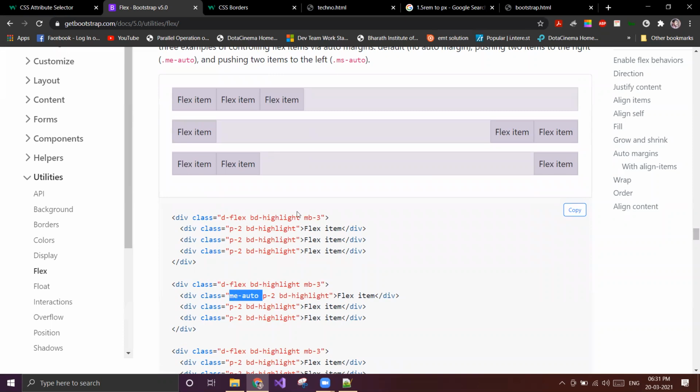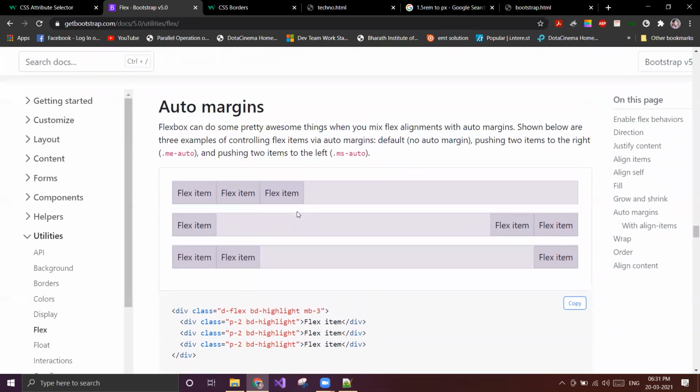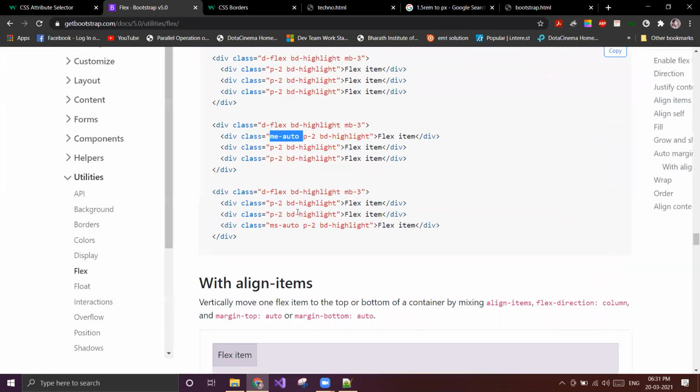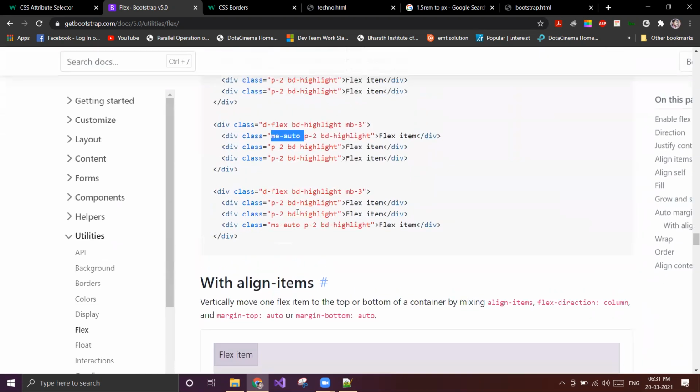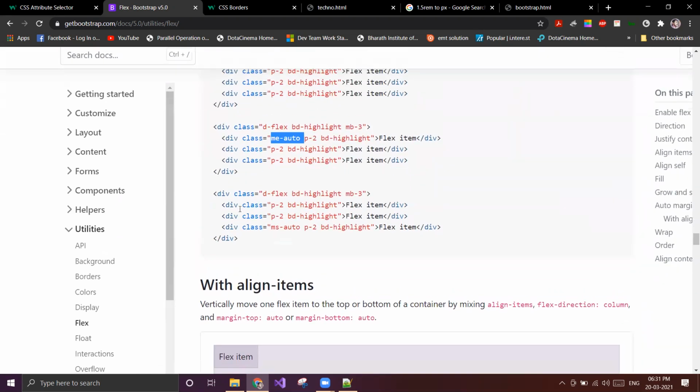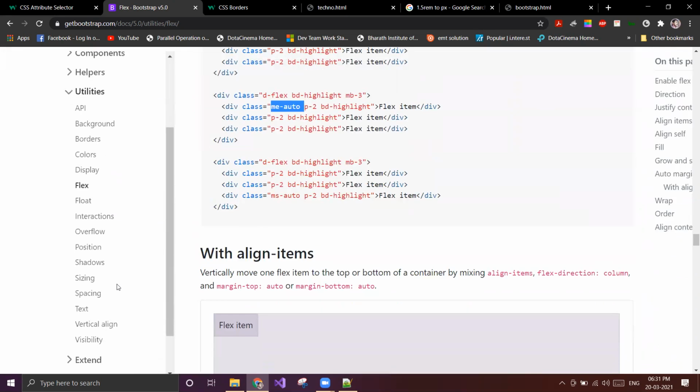So here me and ms are there. What is me? me is margin right auto, and ms is margin left auto. Okay. I think ml-auto and mr-auto are also there. We'll see when we come to margin.